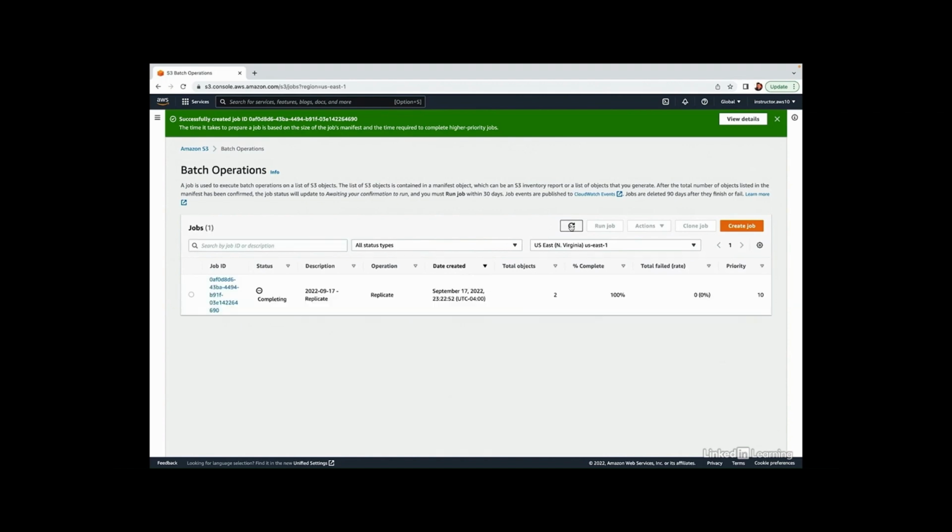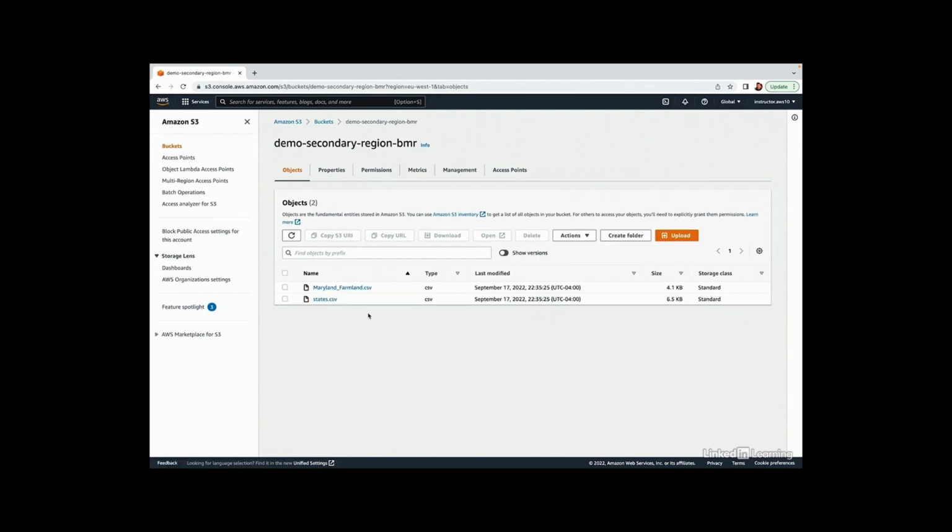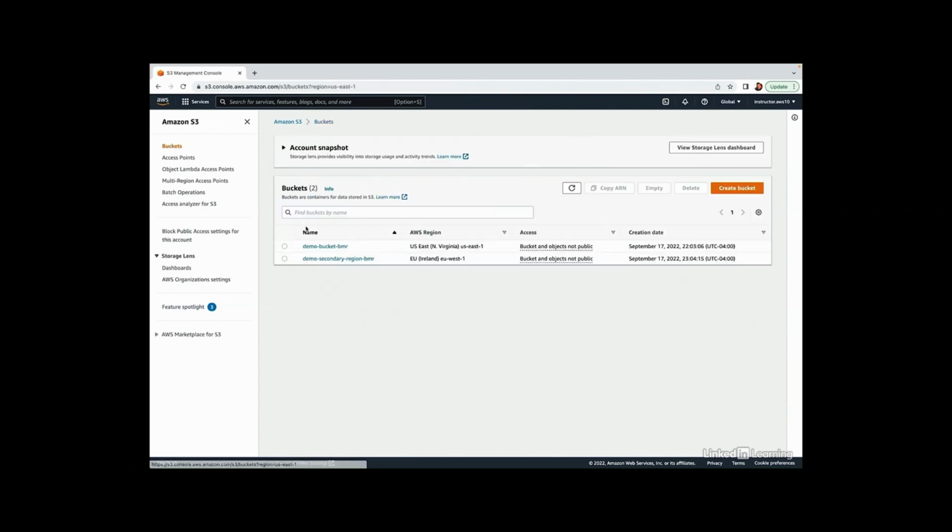And after a few minutes, the job is in complete state. So you see it found 2 objects, 100% complete. We can click this hamburger menu over here, go back to Buckets, then click into the Ireland bucket demo secondary and see that those objects exist. If we want to take this a step further, we can go to Buckets,